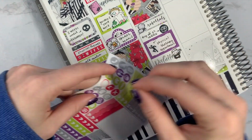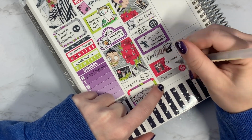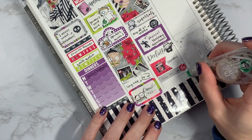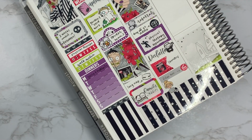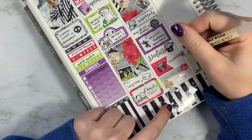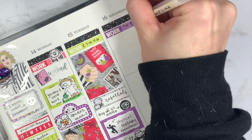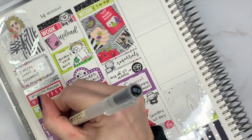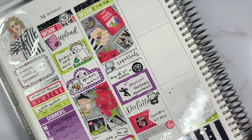I also filmed my November setup this day, so I used a sticker from the kit to mark that. And then I use a girl on her laptop from Simply a Mess to mark that I was editing that video. No, I was editing the memory keeping video because tomorrow, the next day that I'm planning is Wednesday, so that makes sense. I had to take out the trash and recycling that morning, so